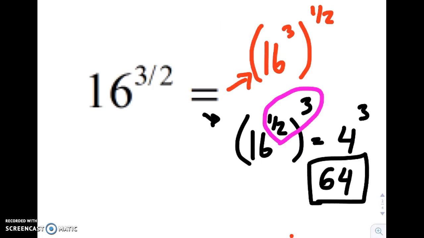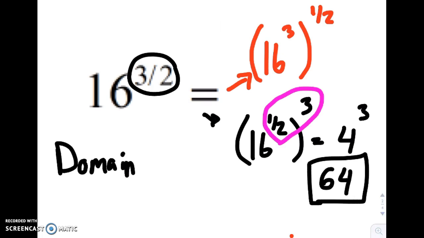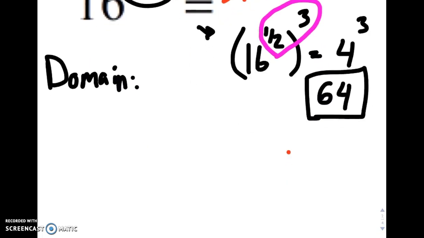So you can have expressions, numbers, variables, anything you really want underneath a root, and you can have anything you want underneath a rational exponent. Things, of course, you do need to worry about is domain, and we'll talk a lot about domain in this chapter. If we have x